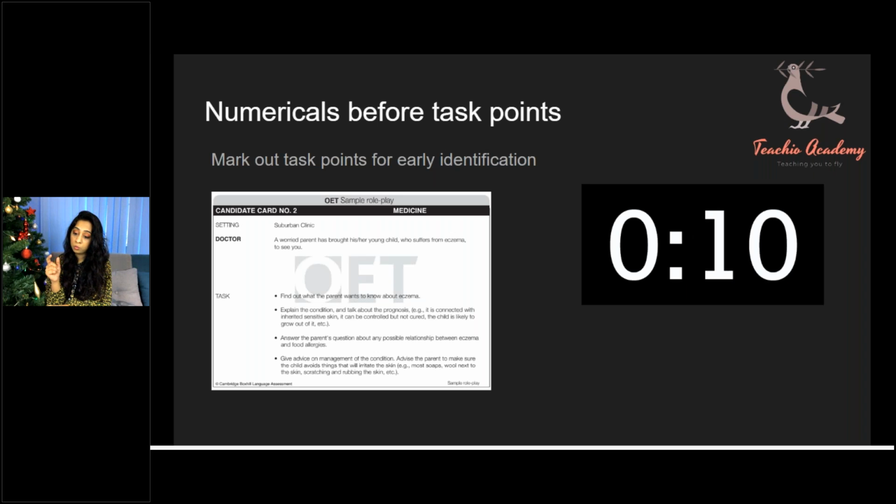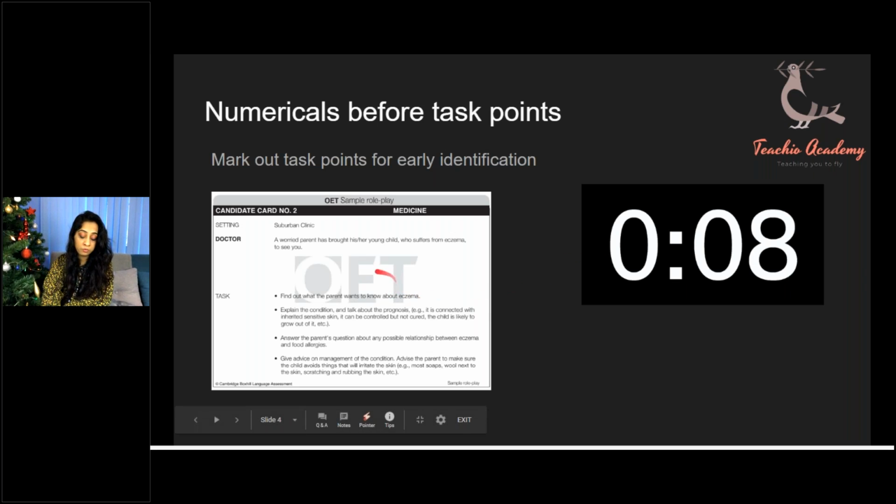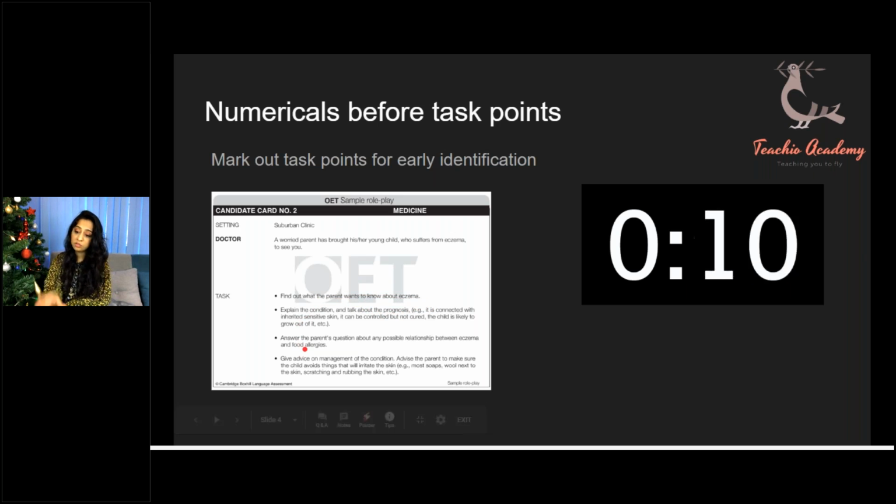Okay, so what might happen to you is that you've explained the prognosis, but then you don't know where you stand. Okay, so if you would have put in numerical letters, so if you would have put in 1 and then 2 and then 3, so you know you're at 3 right now, so you can quickly jump to the next point. If you think that the interlocutor skipped some point, then you can go back to the condition and then go on to 4. So that's basically going to create a little bit of clarity in your mind when you go blank.